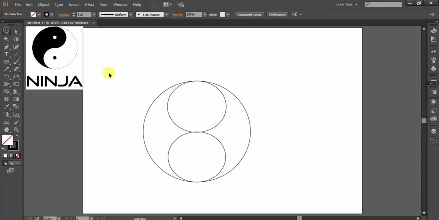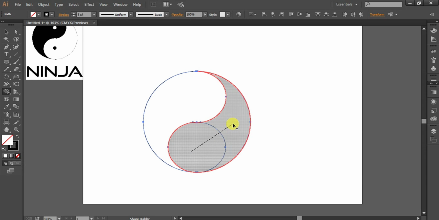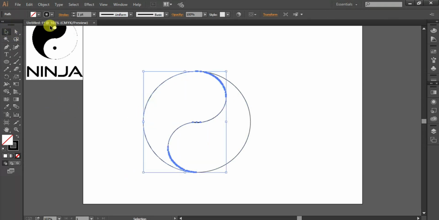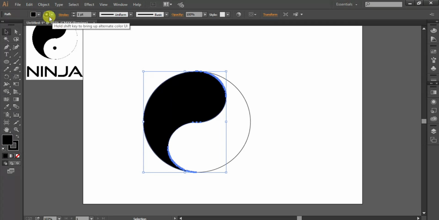Now again select the whole structure and press the Shape Builder tool from the toolbar and slide by pressing the circle and merge it. With the help of the Shape Builder tool, the structure is divided into two parts, and now it is easy to fill